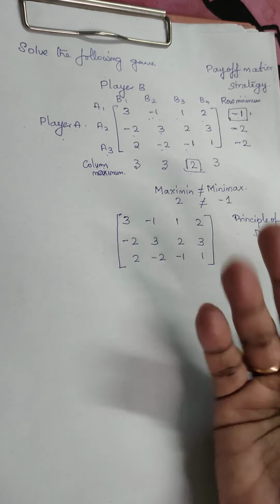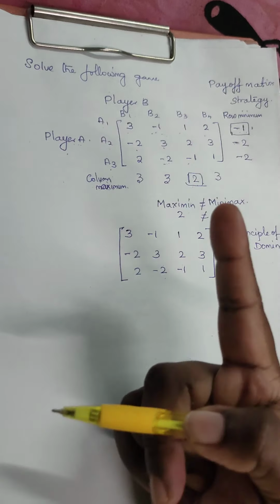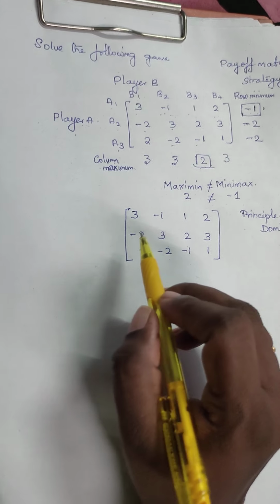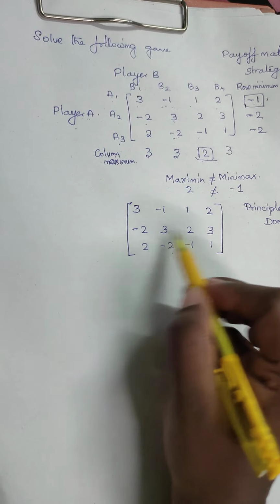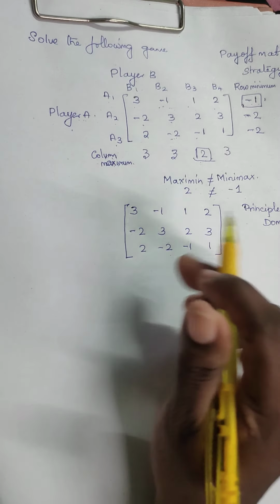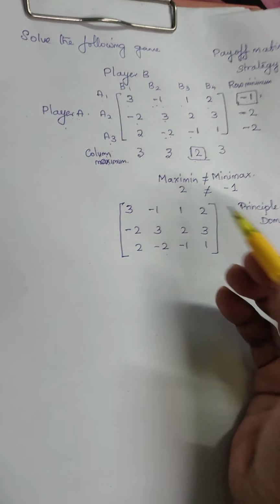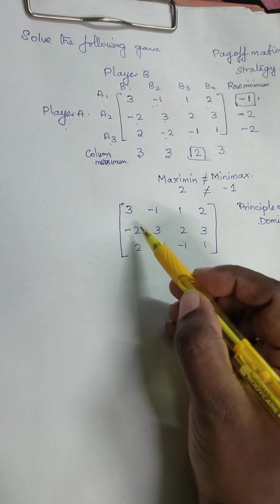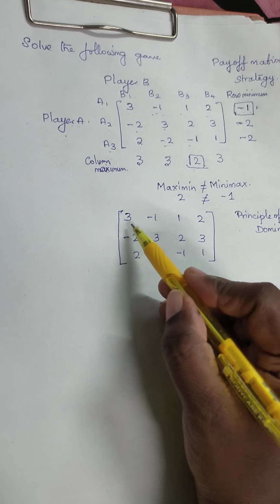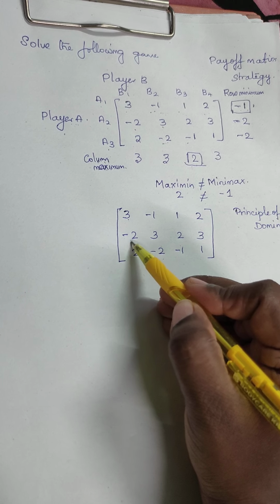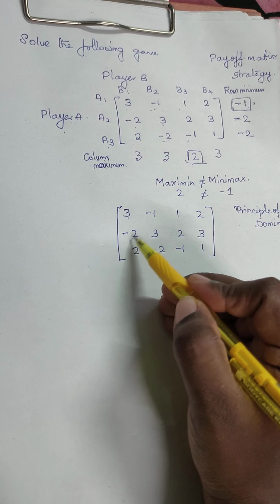Yeah, so I have three rules. I'm going to follow the first rule. Okay, the first rule is you're going to cut off the row. There are three rows. You're going to cut off the row which is minimum compared to another row. So we'll start. Compare first row and second row. 3 is the first value, corresponding value is minus 2, which is less than 3. So minus 2 is less, this is more, right?